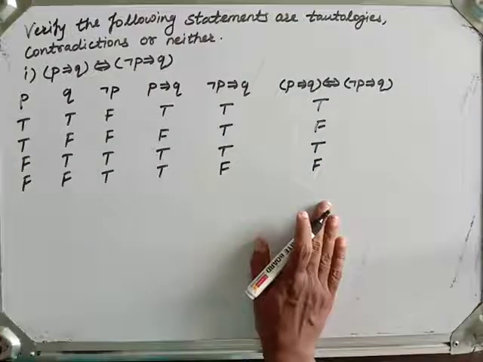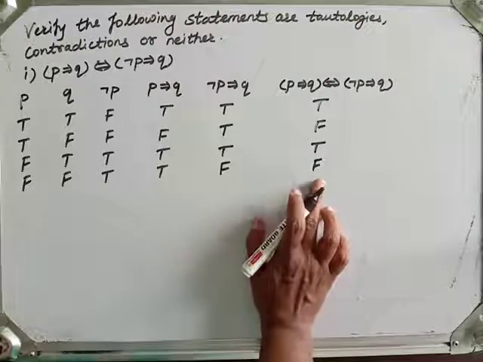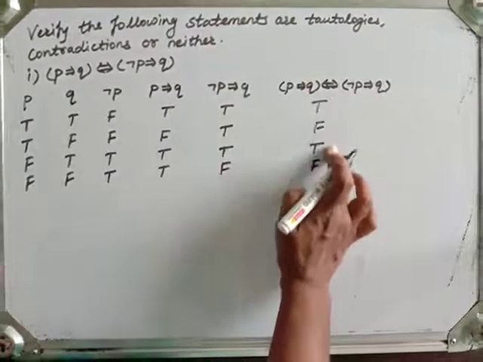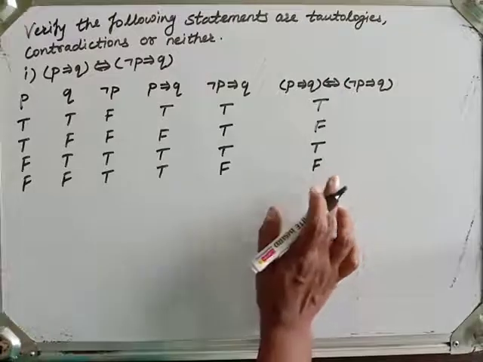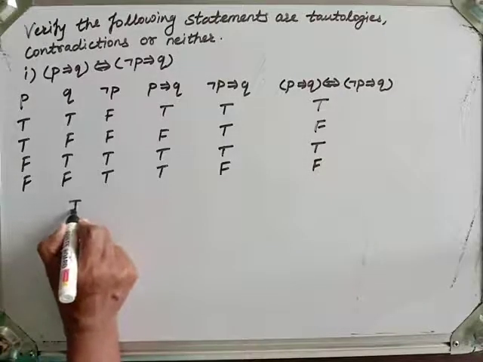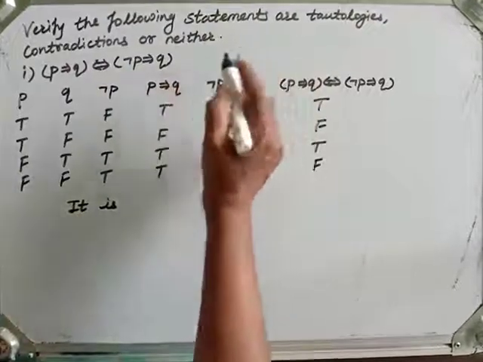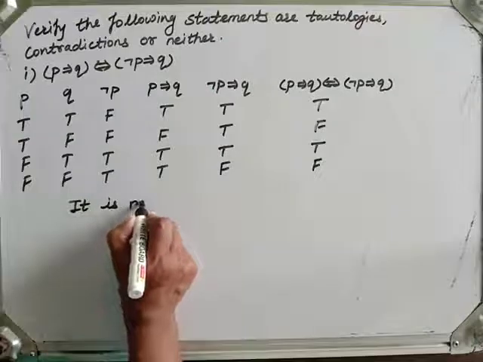As such we get a table. Now here two truth values are true and two are false, which means it is neither a tautology nor a contradiction, it is a contingency. Here nothing is mentioned about contingency, so we should write